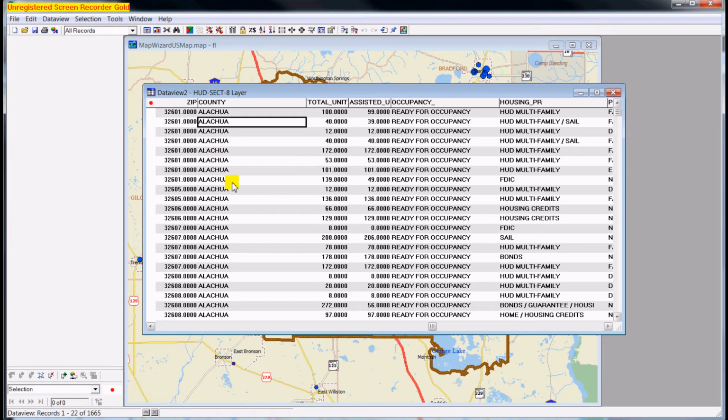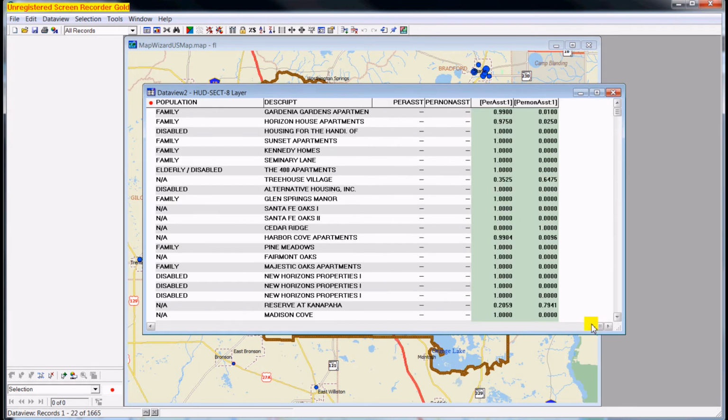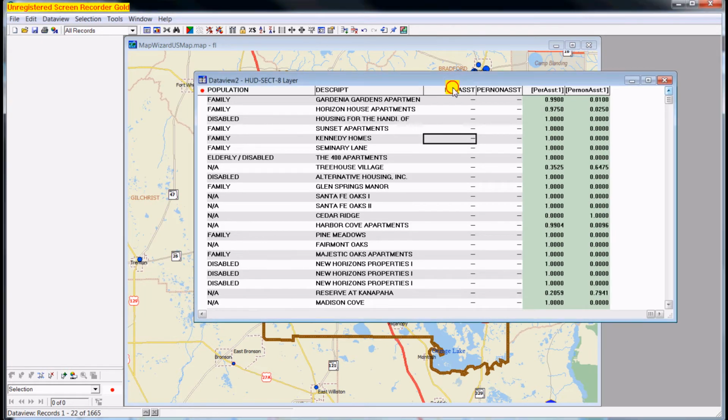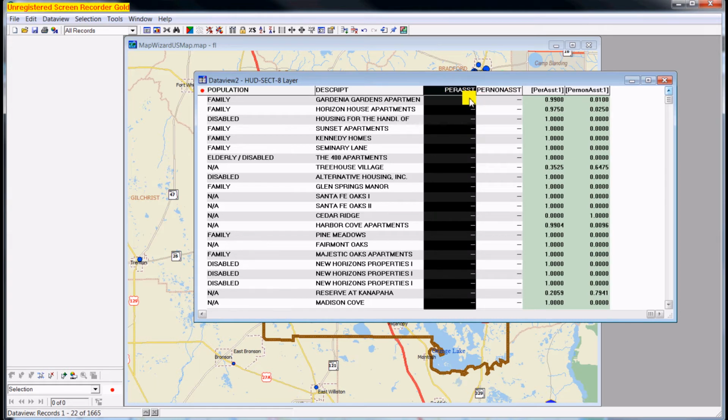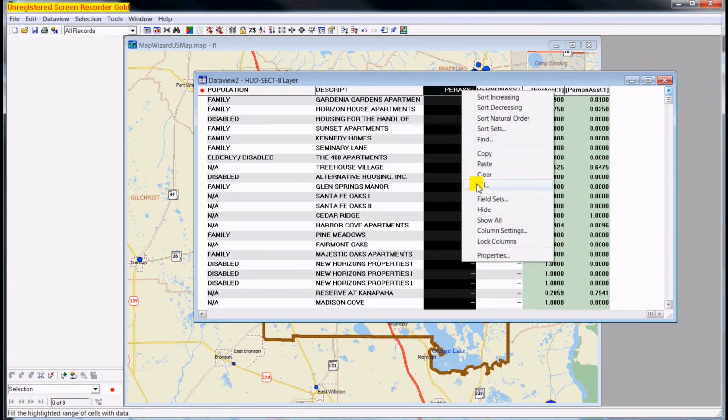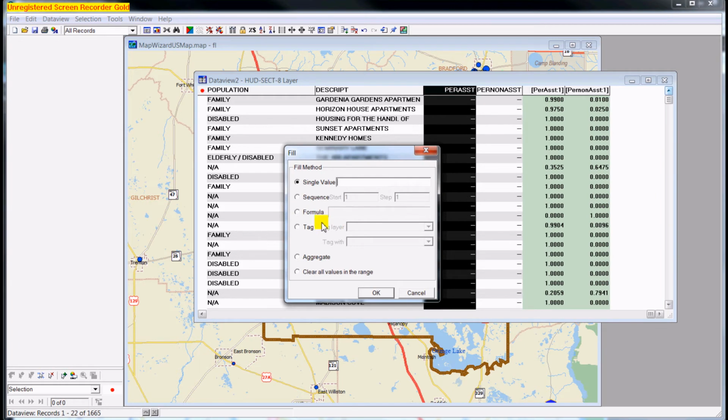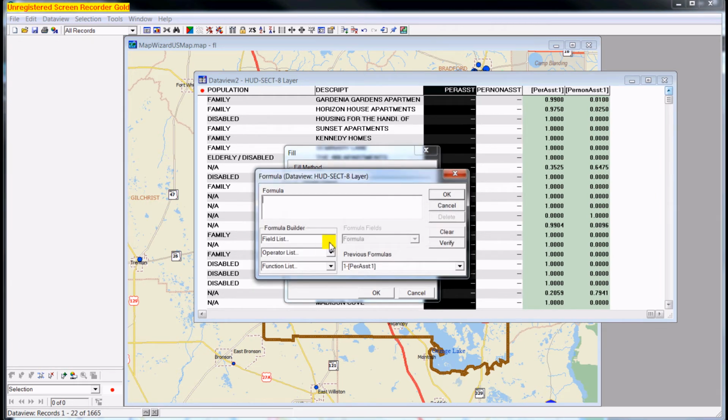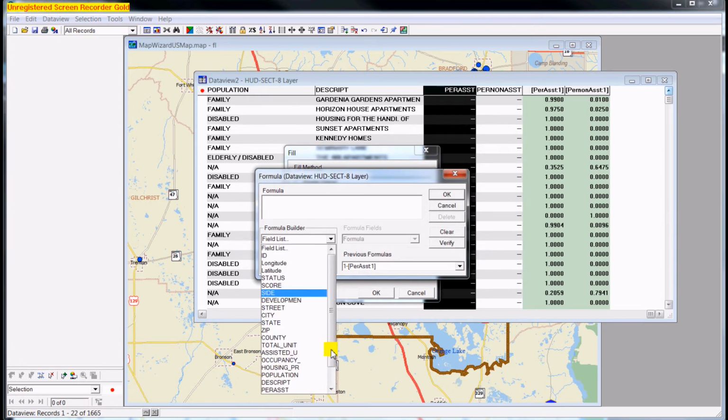And I'm confirming that I did my numbers correctly. But we've got these two empty data fields. So either A, I could have just skipped that step, or B, as we're doing here, I've chosen the option of fill.